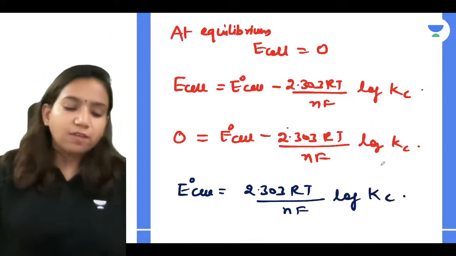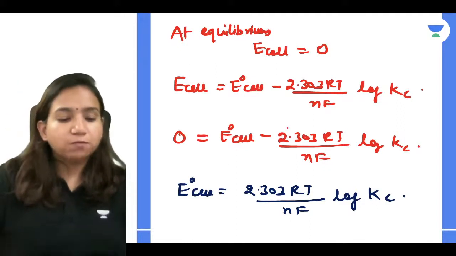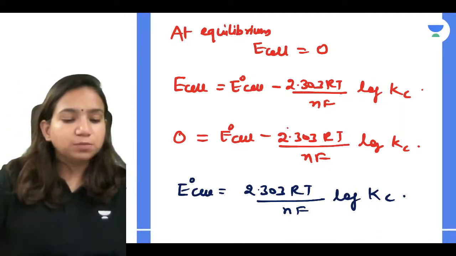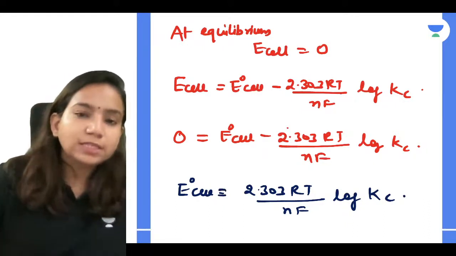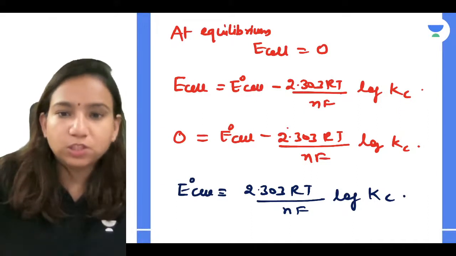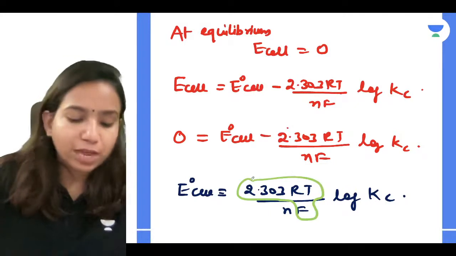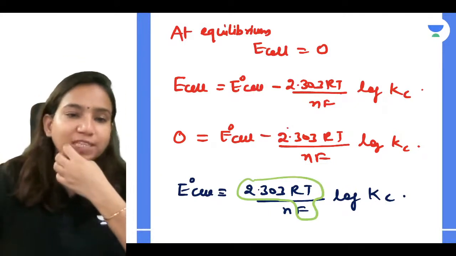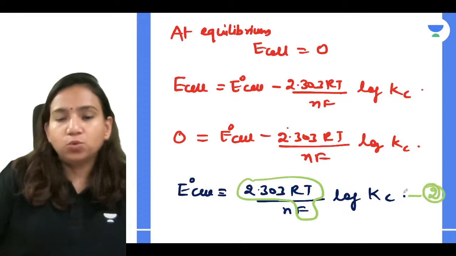So this we have understood. This whole equation, if I take it, will become positive. So I have mentioned that. Now it's very simple, guys. If E naught cell is equal to this, I know one thing, that 2.303 RT and F is a constant value. So I can utilize that, like we have calculated before in the Nernst equation. I can mention this as equation 2.